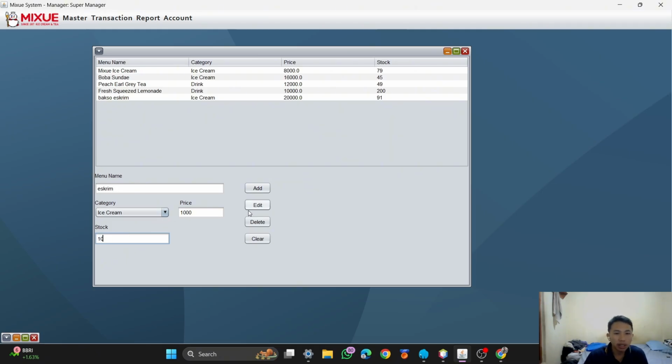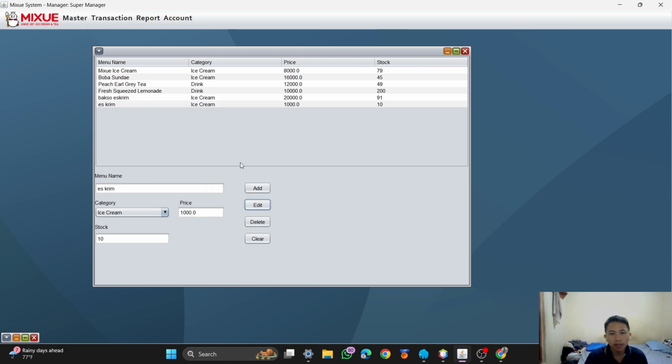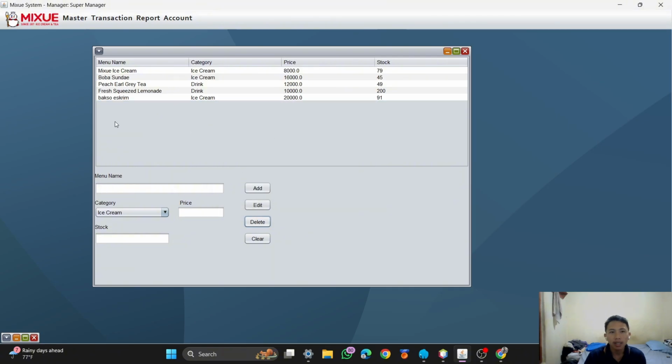If you want to add the menu, just click the add button, and if you want to edit, just click the menu in the table and change the name, and last, click edit. Okay, if you want to delete, just click the menu and the delete button. Okay, the menu is already deleted.